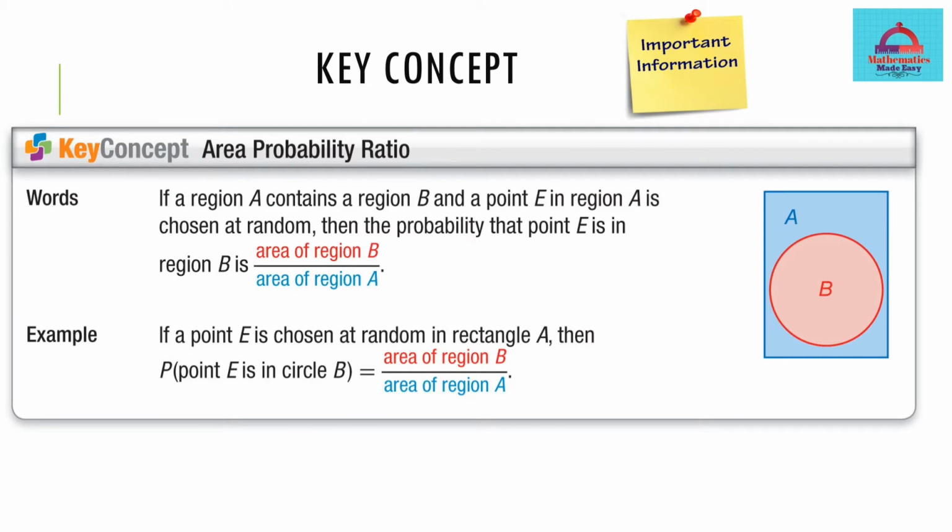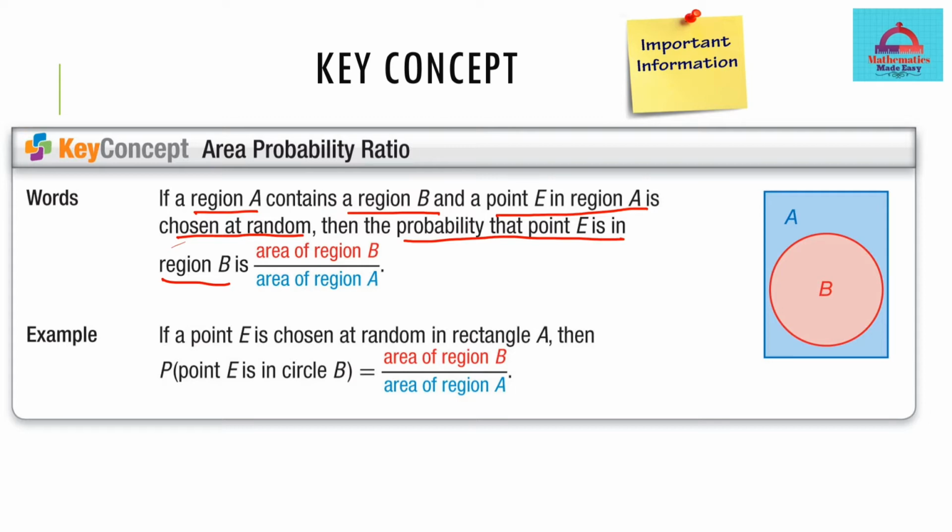So here what is happening, let me explain you with the figure. You will have a bigger figure or a bigger region which is represented here by region A. As you can see, this is a rectangle, the blue rectangle, and inside you will have a smaller region. Here it is represented by the circular region and marked with the capital letter B. So you will have these two regions, region A and region B, and one region which is the smaller one is contained in the bigger region. Now a point E is chosen in the bigger region, which is region A here, and it is chosen at random. So the probability that that point will also lie in the smaller region, region B, is going to be the ratio of the two areas.